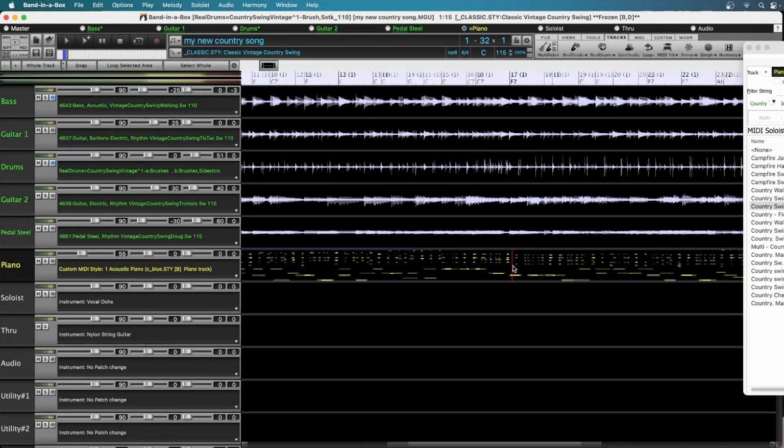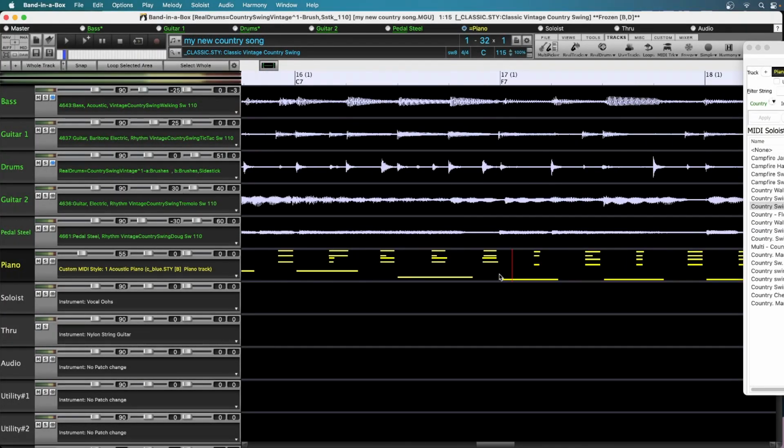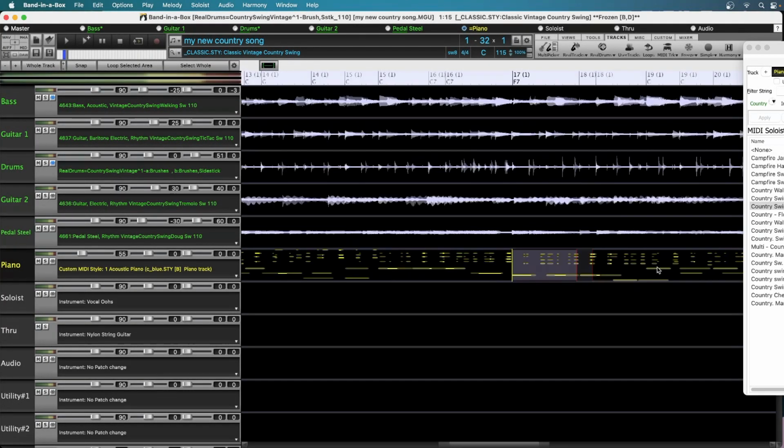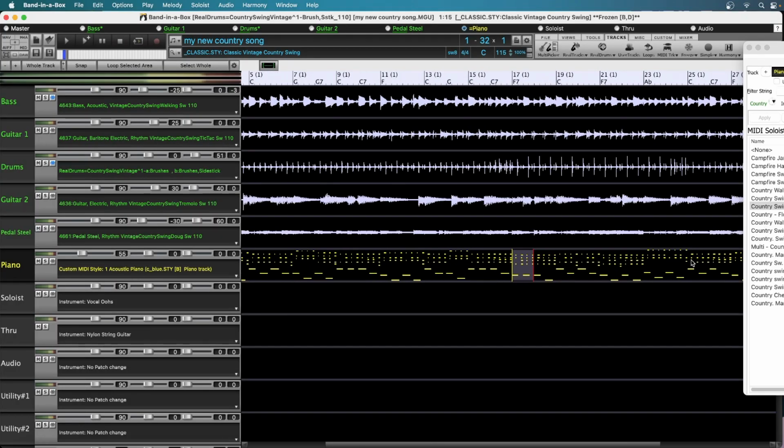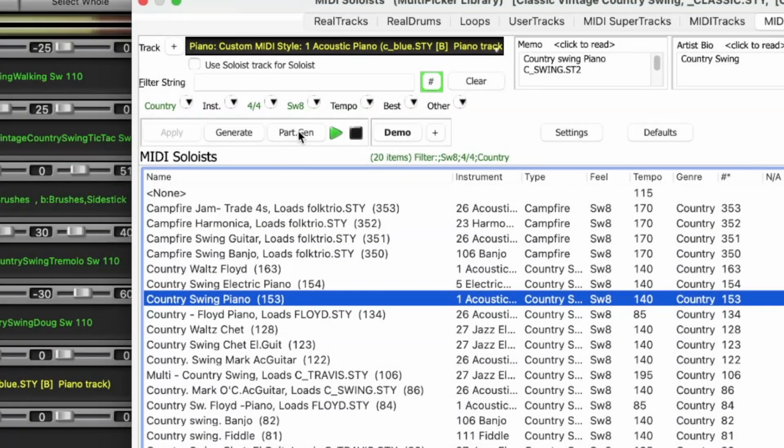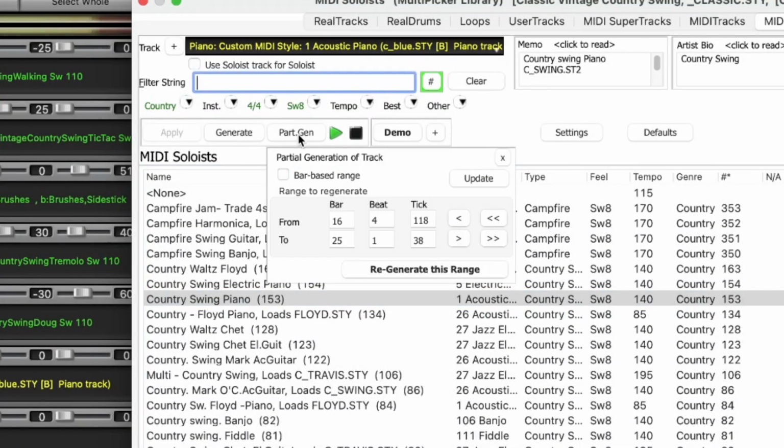So I'll click where I want it to start around bar 17, and then I'll zoom out, and I'll shift click just a little past bar 25. So now, like before, I can go to partial generation,